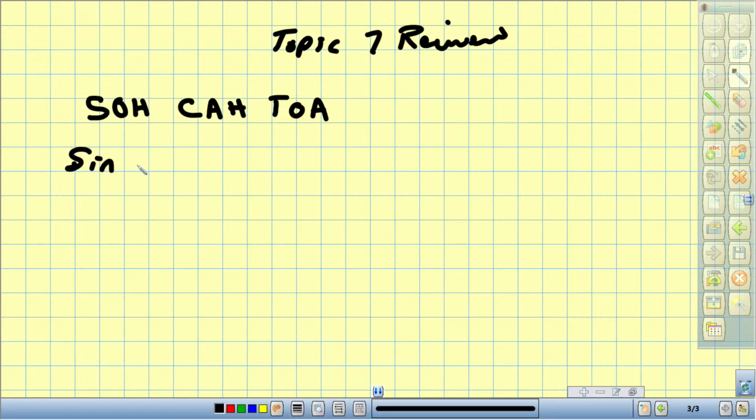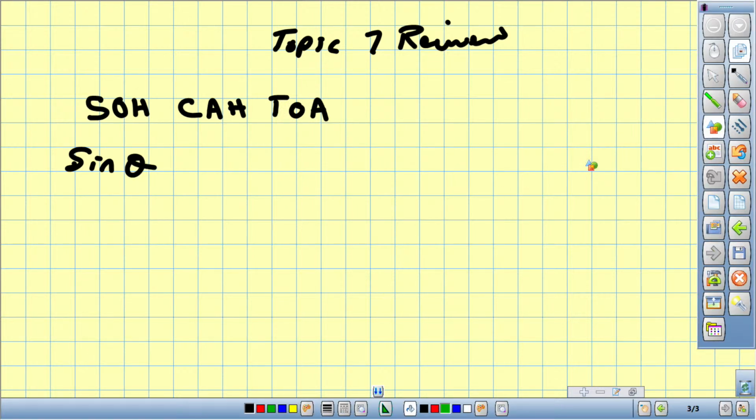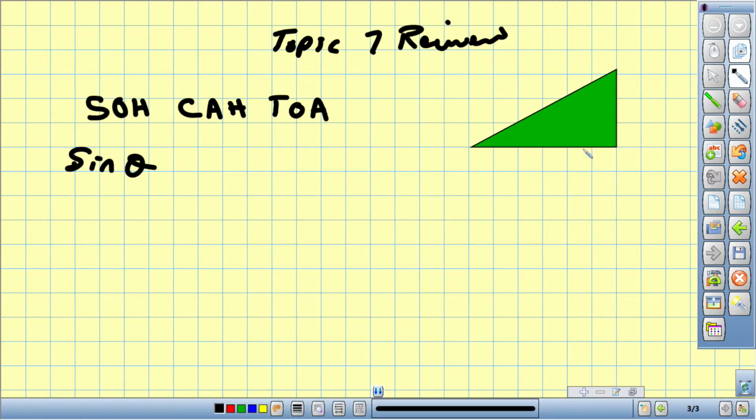sine theta. And now you might ask me, what is this theta? Where is this theta? Well, you have to decide where you put the theta. It's either given to you, or you have to decide. So I'm going to just put it here for me. Sine of theta is going to be